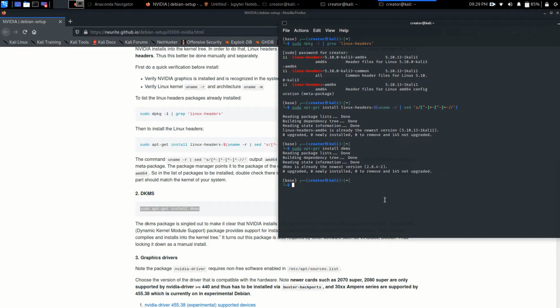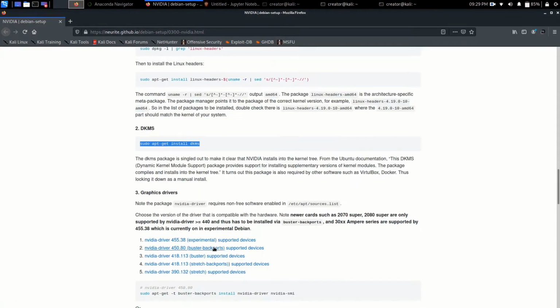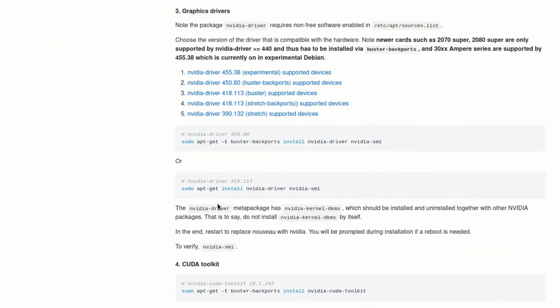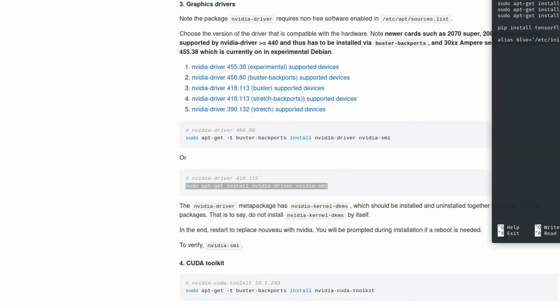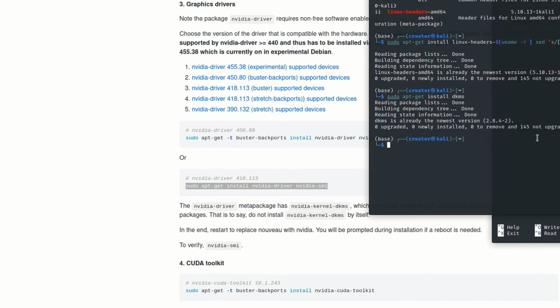So first of all, we are going to install the NVIDIA graphics driver and then we are going to install the toolkit. For installing the NVIDIA graphics driver, I am simply going to copy this second command, which is going to install the NVIDIA driver, not the first one. You should pay close attention here. And let me just paste it. And I am of course not going to install it because I already have it installed and I don't want to break the version.